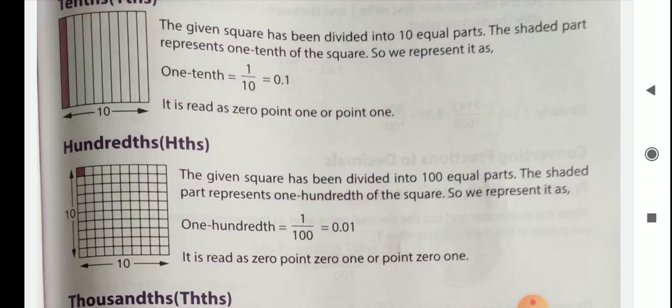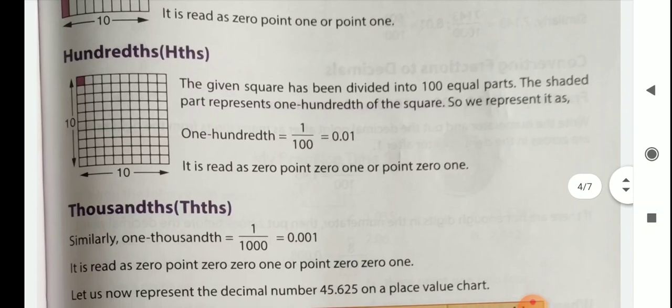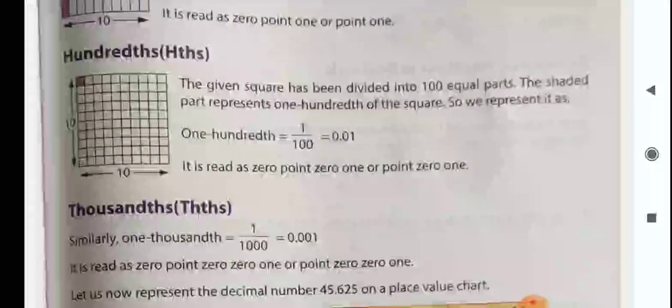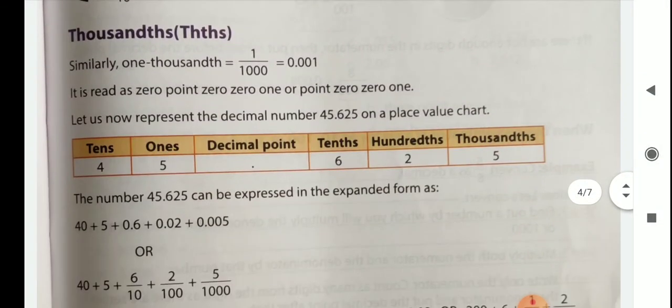So after the decimal point we have to write 2 places, that is 0.01. Same when we write 1000, 3 zeros are there. So after the decimal point you have to write 3 decimal places, that is 0.001. Okay. Suppose one number is given,